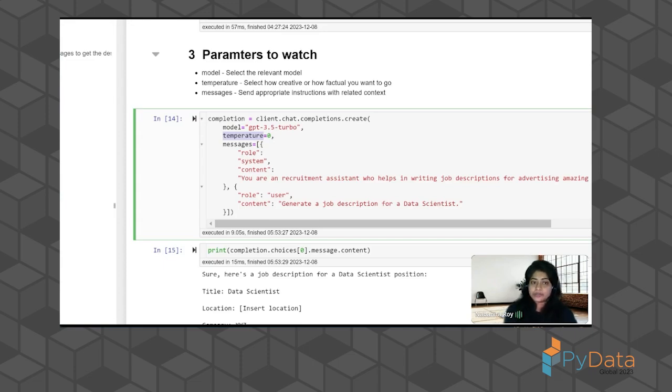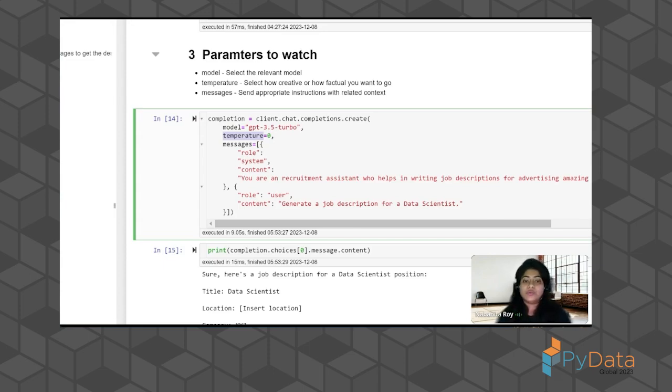Temperature is another important parameter which allows you to tell the model how creative you want it to be. If it's zero, that means you want it to be very factual. You have a context, stick to the contents, that's what you're saying to the model.